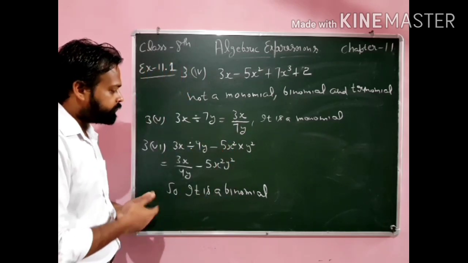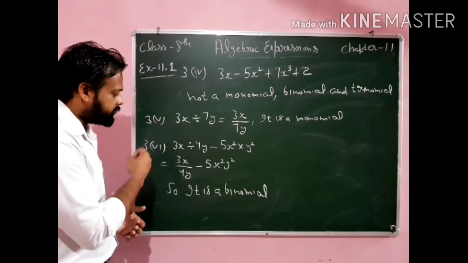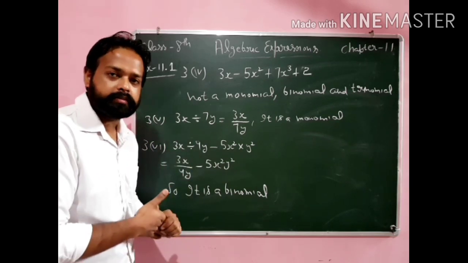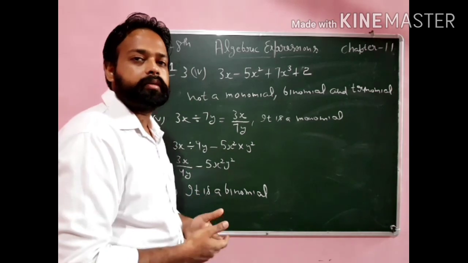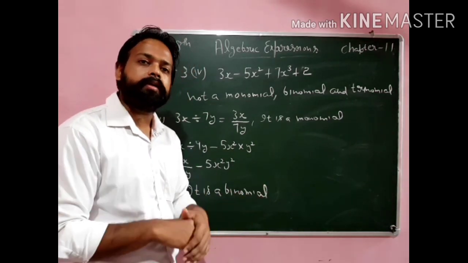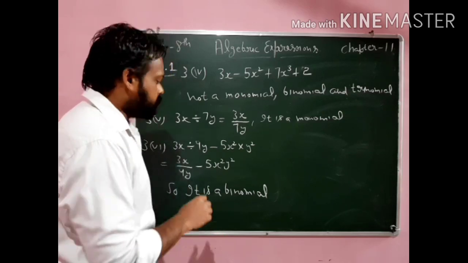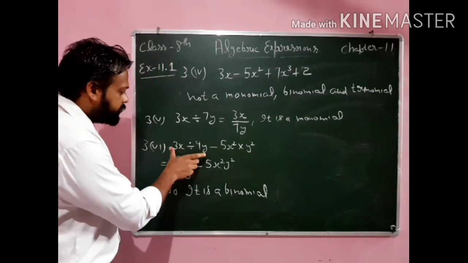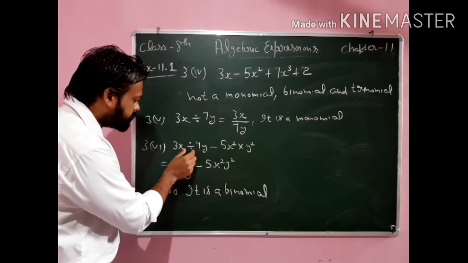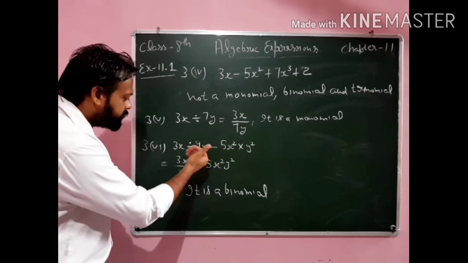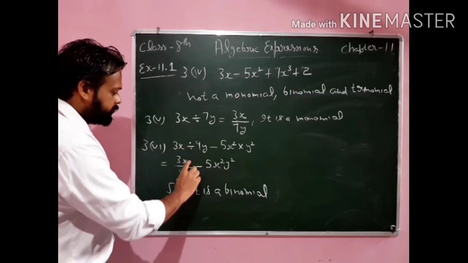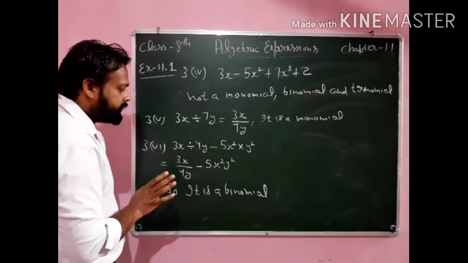So basically if we count simply, then there are 4 terms, but this is not true. There are not 4 terms because, as I already explained, only the sign of plus or minus decides the number of terms in the polynomial. So if I calculate this sum, you can see this is 3x divided by 4y. So in the next step you can write 3x divided by 4y. Clear? The minus sign will remain as it is.